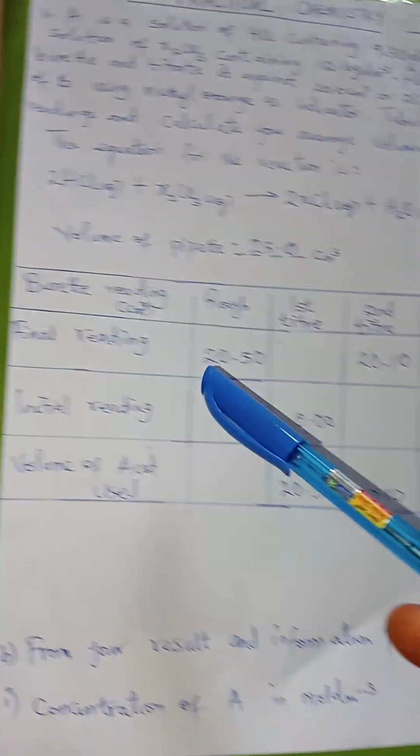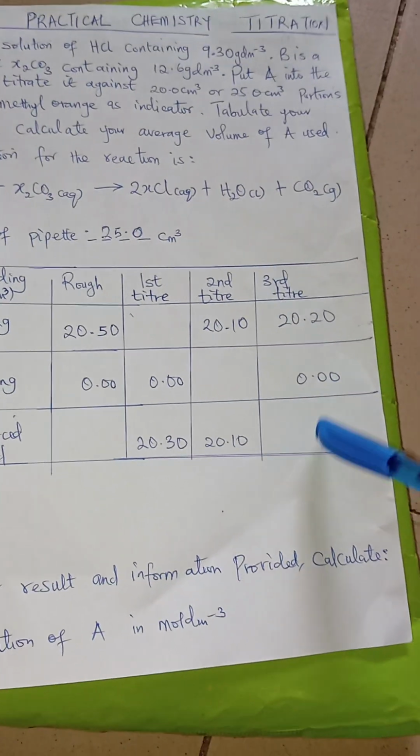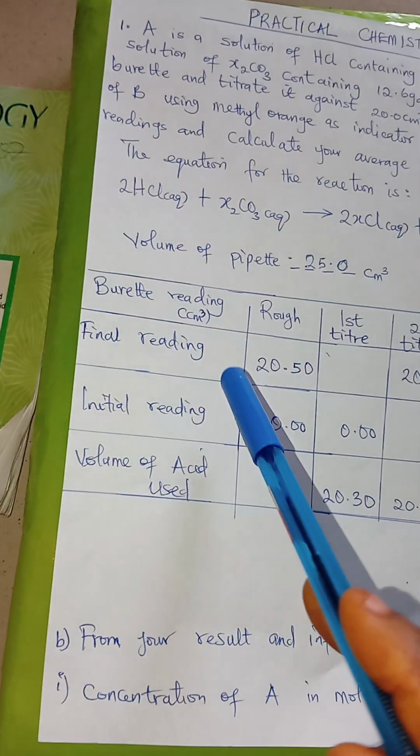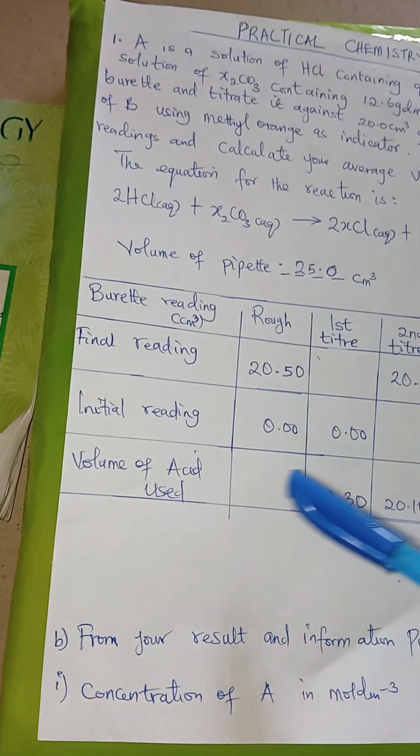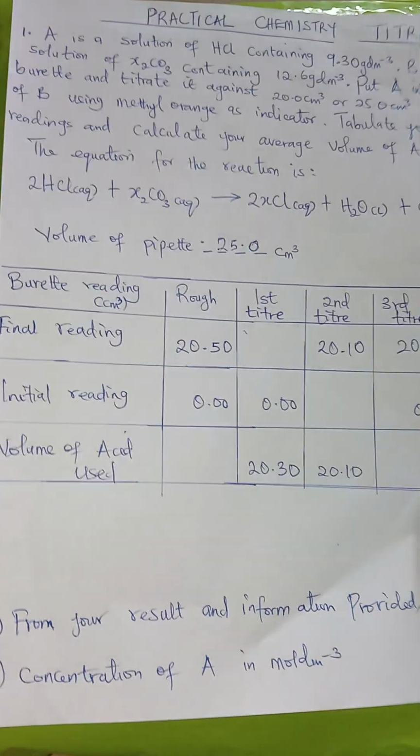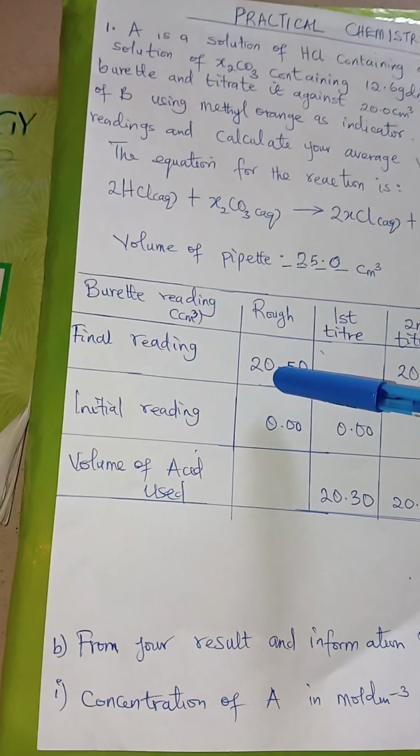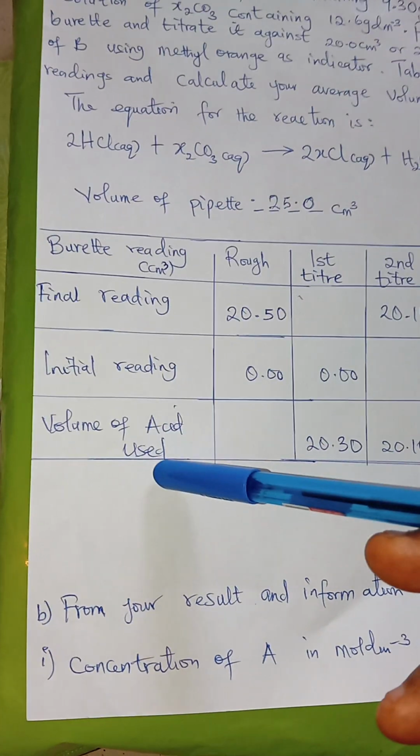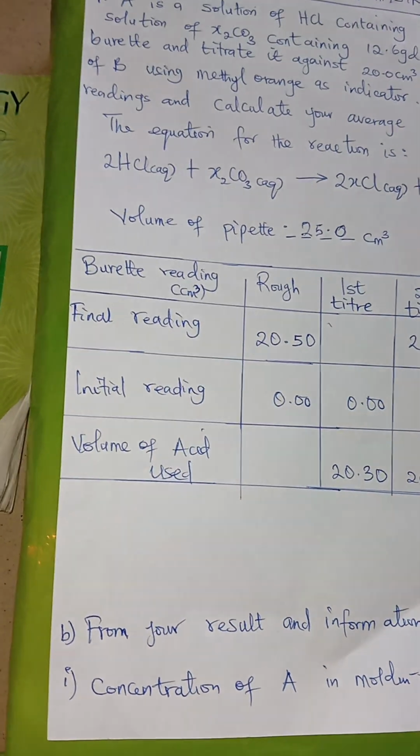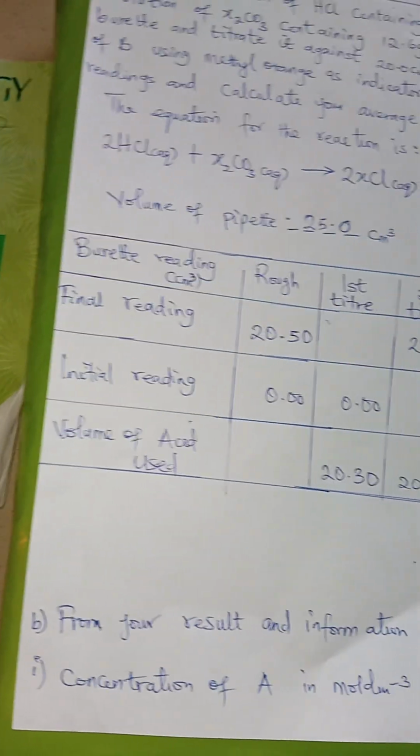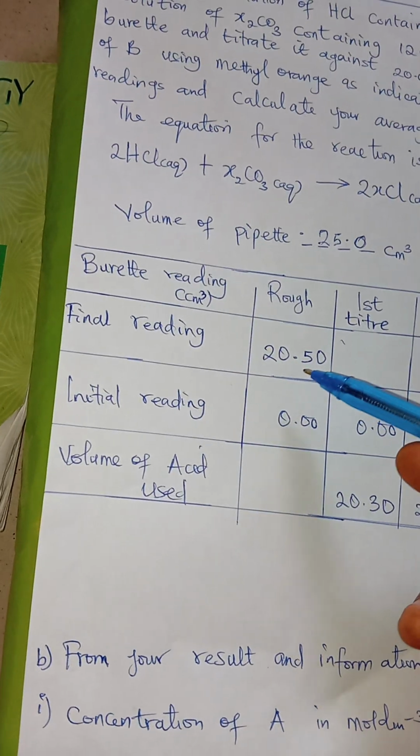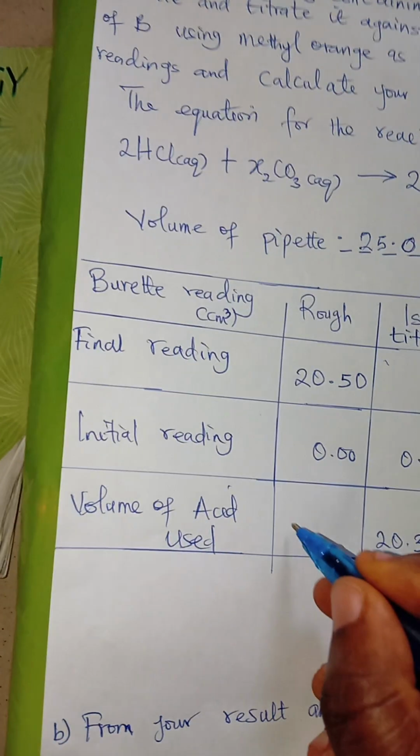So you can see that this is a table already, and you are required to fill in the spaces left. Now I can see that I have my rough, my first titer, second titer, and third titer. Now I'm required to do what? Provide the values for these empty spaces. I can say that I have final, initial, and volume of acid used. Now we should know that to fill up the spaces, we'll subtract the initial reading from the final reading. Now 20.50 minus 0.00 will give me